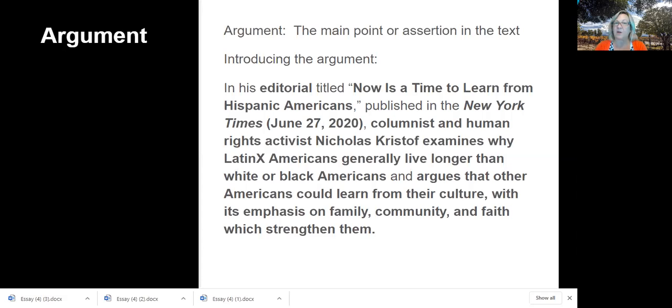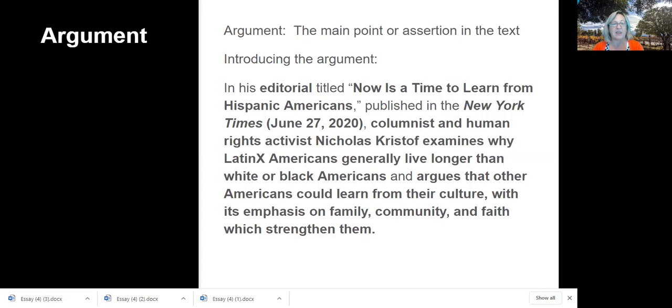In his editorial titled "Now is a Time to Learn from Hispanic Americans," published in the New York Times, columnist and human rights activist Nicholas Kristof examines why Latinx Americans generally live longer than white or Black Americans and argues that other Americans could learn from Hispanic culture with its emphasis on family, community, and faith.